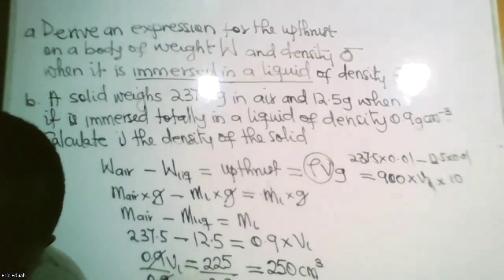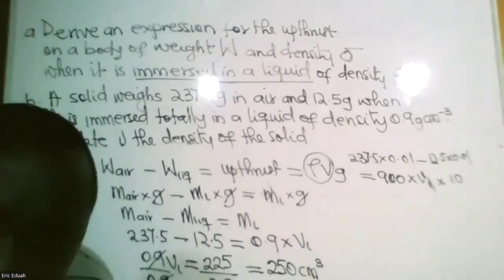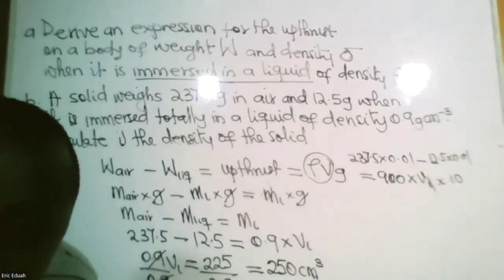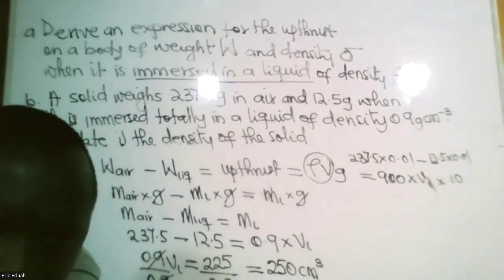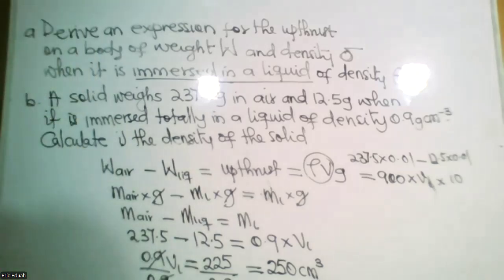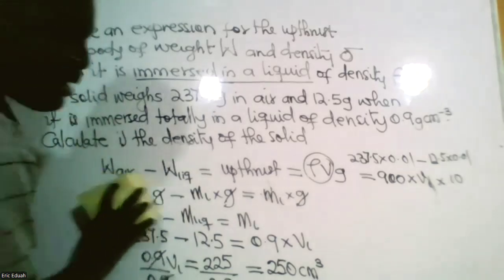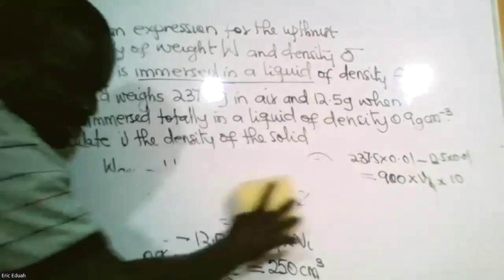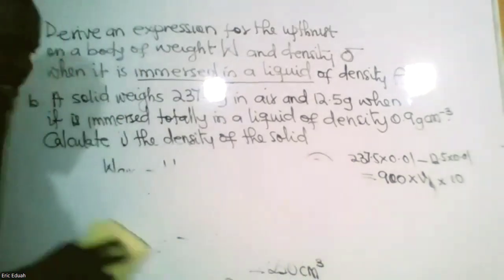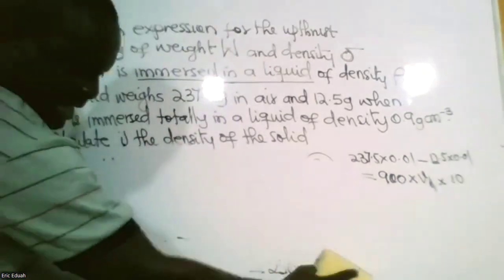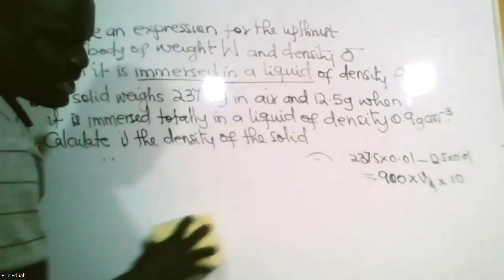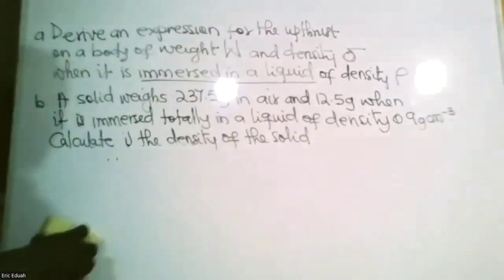Because it's about fraction, and fraction is about parts out of total. What the question therefore means is that the body floats. We have part of it submerged in a liquid and part of it above. The only difference now is that the density of the liquid is changed.